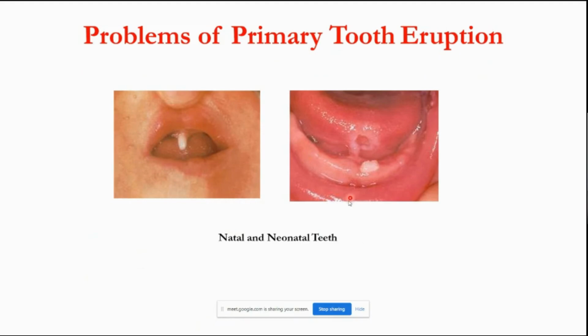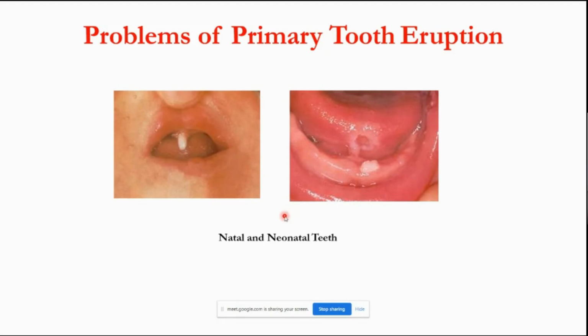And neonatal teeth are those that are sometimes not present at birth, but within the first month the tooth comes into the oral cavity, okay, within the 31 days. So that is called neonatal. Neo is new, natal is of course birth, so in a newborn. So these two are something which you should be aware of.